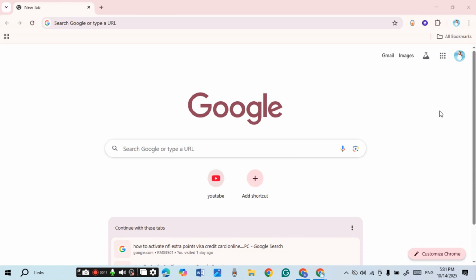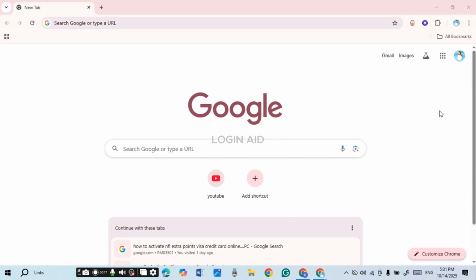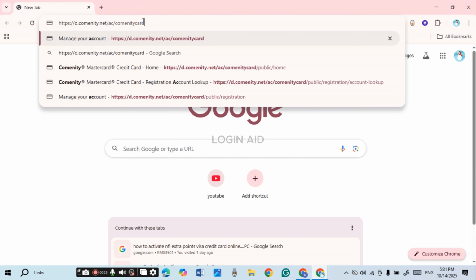In today's video, I'll teach you how to activate Comenity Mastercard credit card. So first of all, what you have to do is launch any browser of your choice. You can see over here, I've opened Google Chrome. Now click on the search bar and type in this link